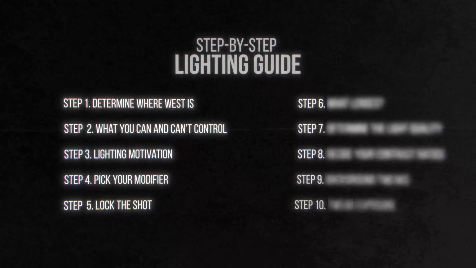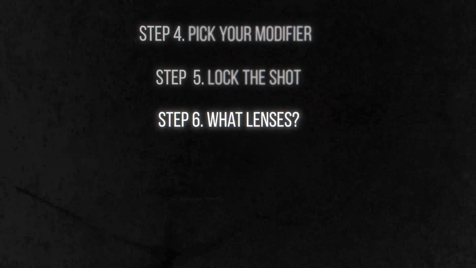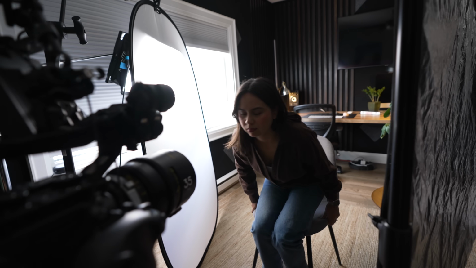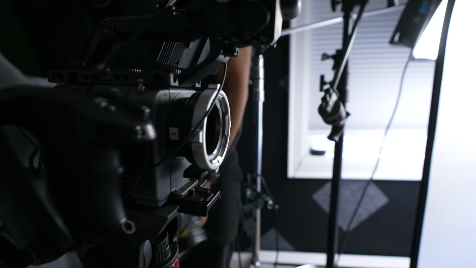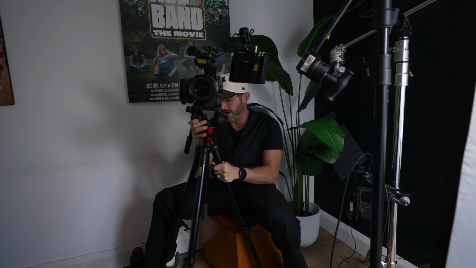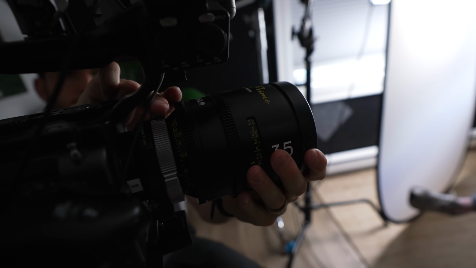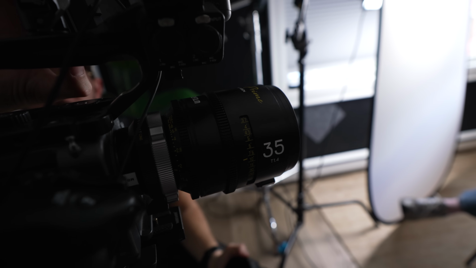Next is lensing. You might think that you would want to choose a lens before you block your subject, but I find it's much easier once you have the whole space set up to determine how far you need to place your camera from the subject. It's more challenging to move a light at a person and all the objects in the room than it is just to swap a lens and move the camera in and out. So I typically like to light, block, and then really decide what lens I want,